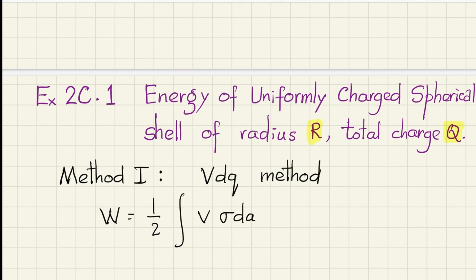And what is V at r equal to R? The total charge is all at the shell level, so this is of course 1 by 4 pi epsilon naught, total charge Q by R. It is easy to write down that way, and hence